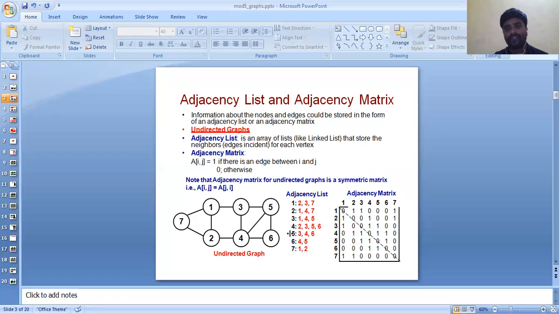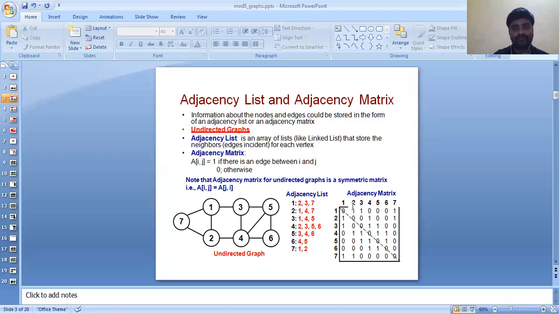At the same time, we have the representation of the adjacency matrix in terms of zeros and ones. Here we have columns and these are the rows: 1, 2, 3, 4, up to 7. For 1, it shows a zero value; with 2 there is a connection, so one is present; 3 also has a connection with value one; 4 doesn't have any connection with 1; fifth and sixth also don't have any connection; and seventh has a connection with the value one.